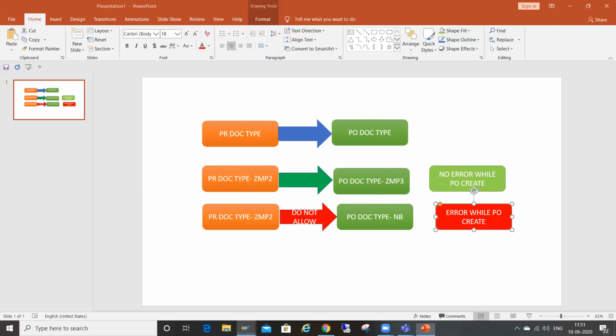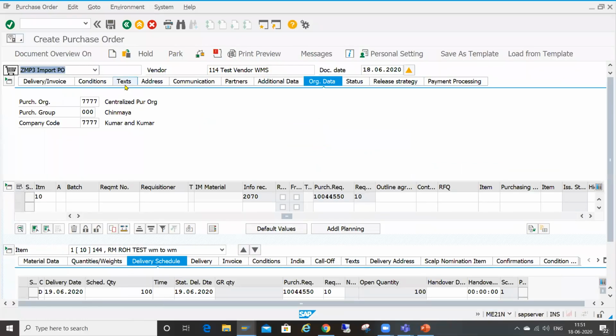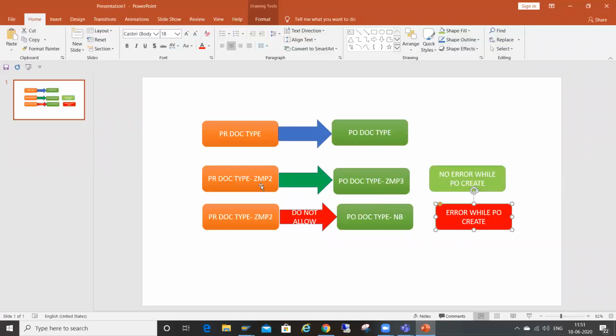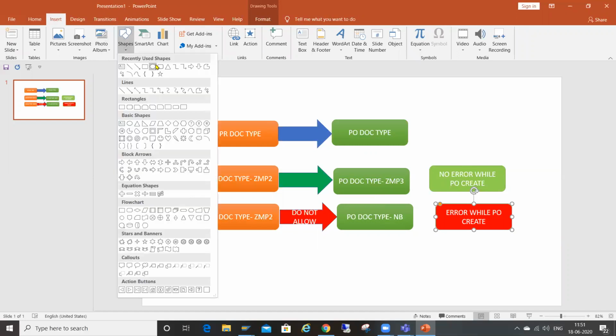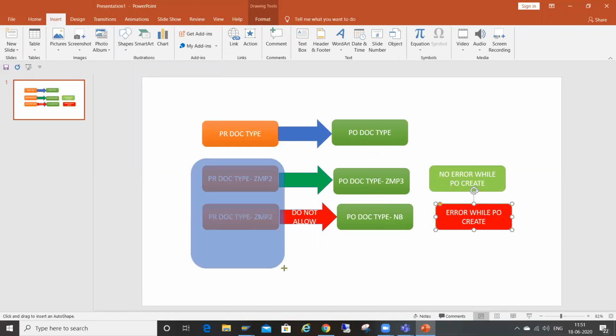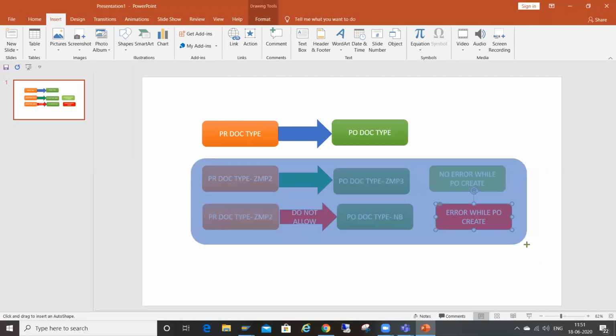Okay, so this is how we can link the PR document type and PO document type. If the business requirement is like this, then with standard configuration only we can map this scenario.